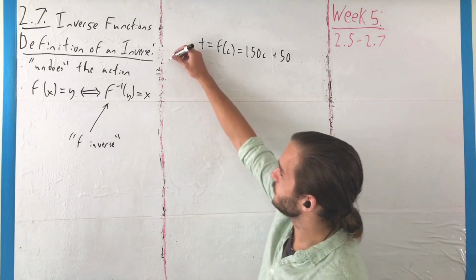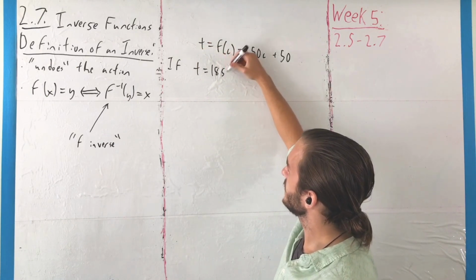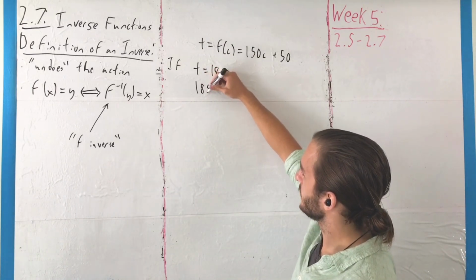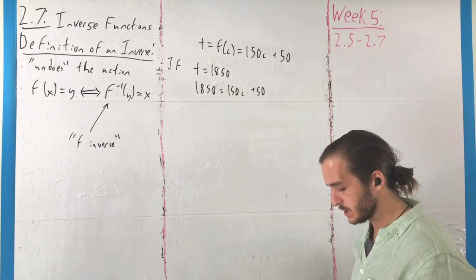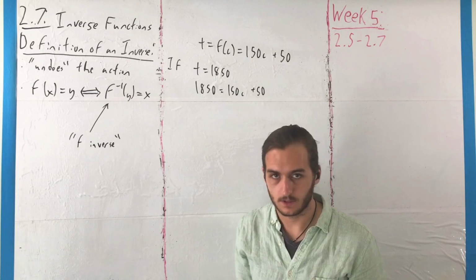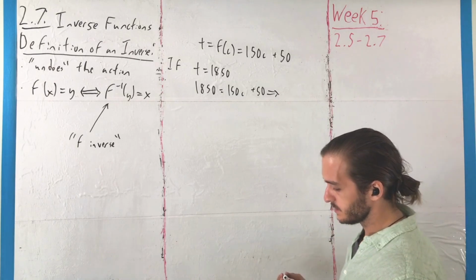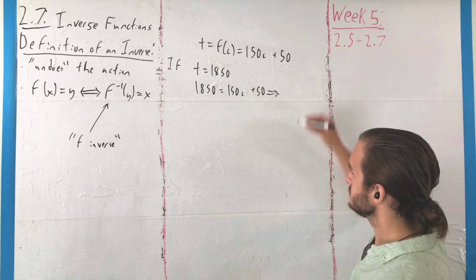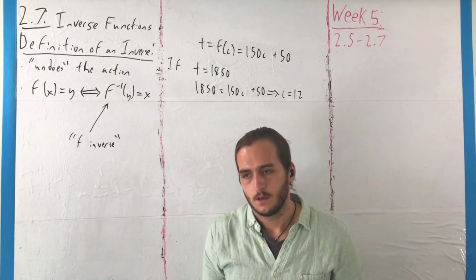So let's say that if you know that your budget is $1,850, that is, if t is equal to $1,850, and you want to find the number of credits, well, then you have 1850 is equal to 150c plus 50. And solving that is pretty straightforward. I'm not going to show the details there because it's the sort of thing we've been doing fairly regularly since chapter 1, but you can spin those numbers around, subtract a 50, divide out a 150, and you should end up getting that the number of credits you would want in this case is 12,